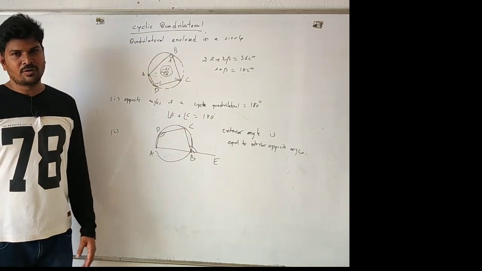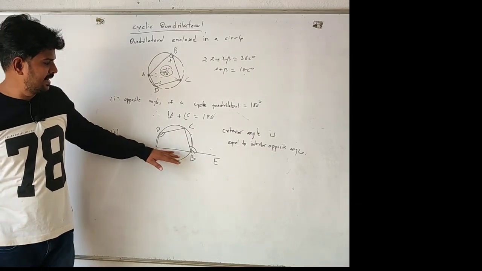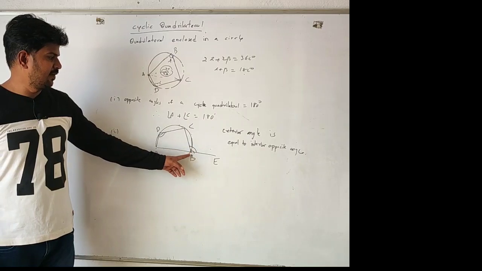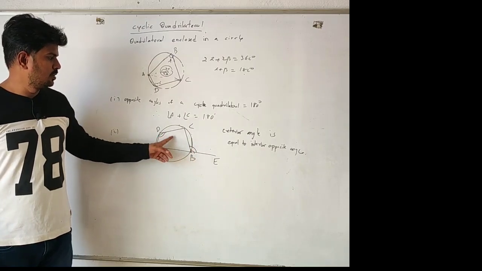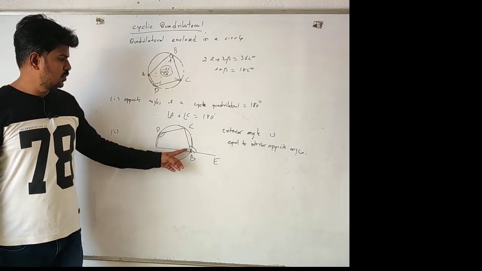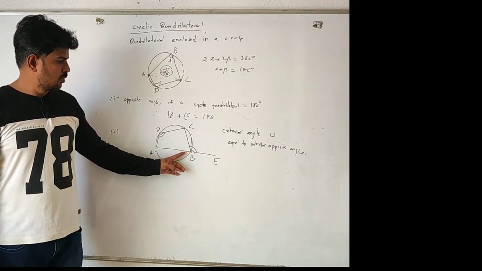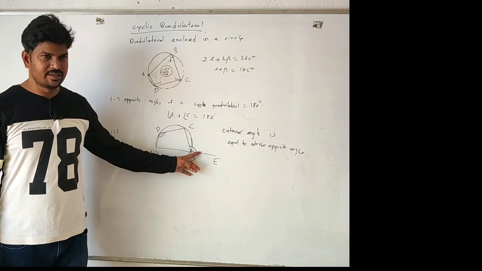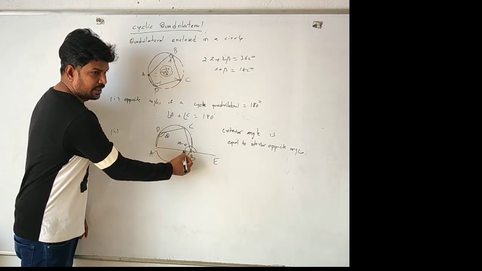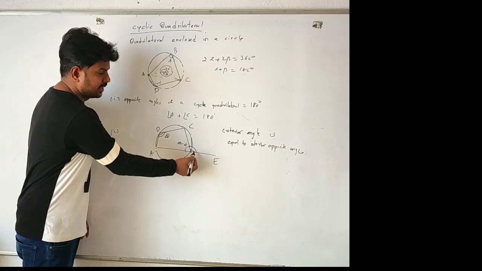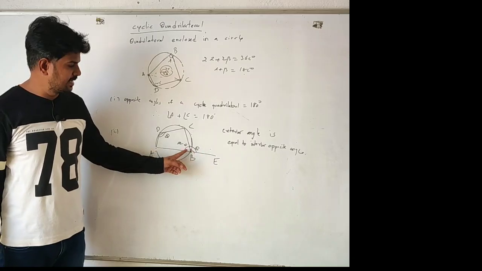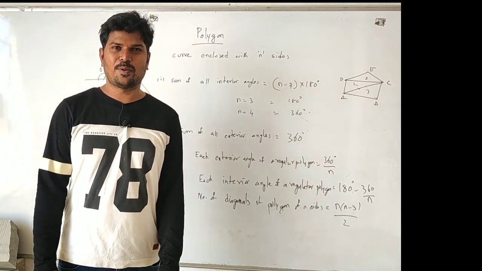Now we'll go to the second inference here. If a side is extended, like BE, then the exterior angle for B is equal to the opposite interior angle. It is also very simple because the sum of these two angles is 180 degrees. As it is a straight line, if you have theta here, it will be 180 minus theta here. The sum has to be 180, so this will be theta here. So this side and this side are the same. That is the exterior angle.